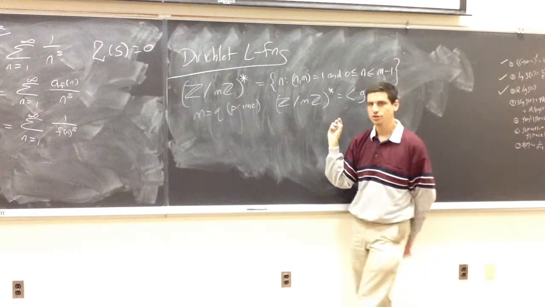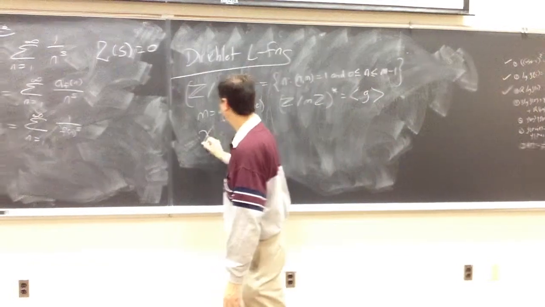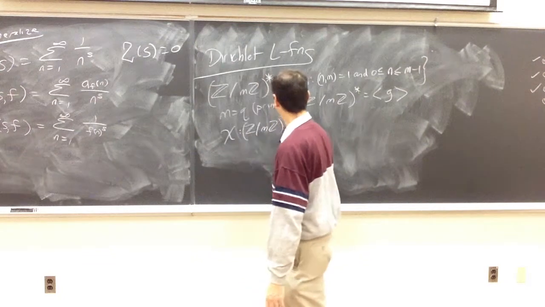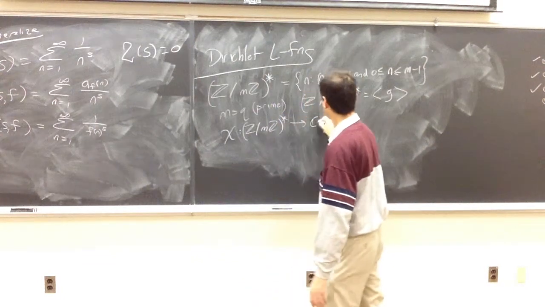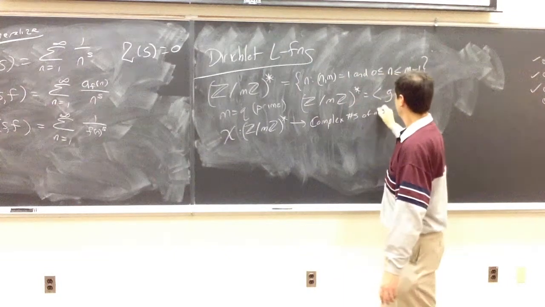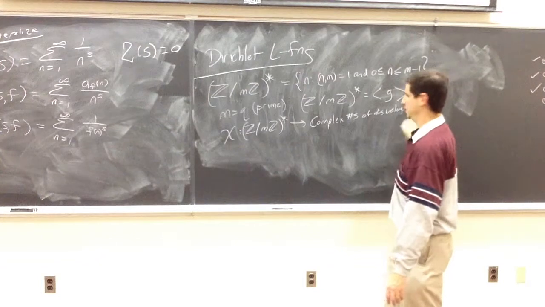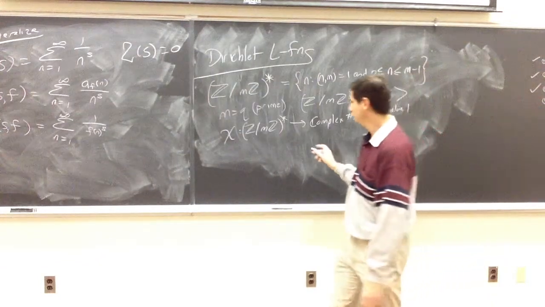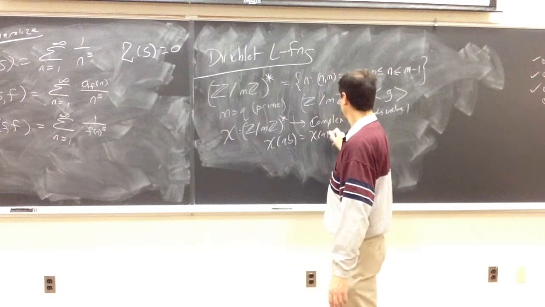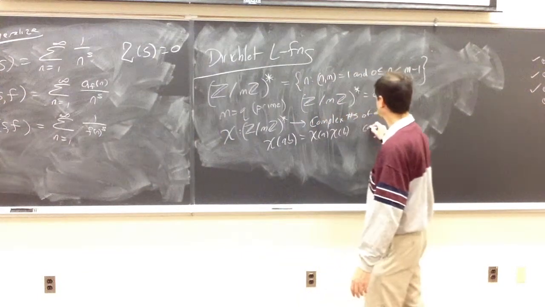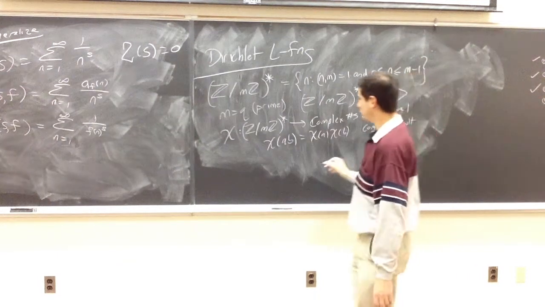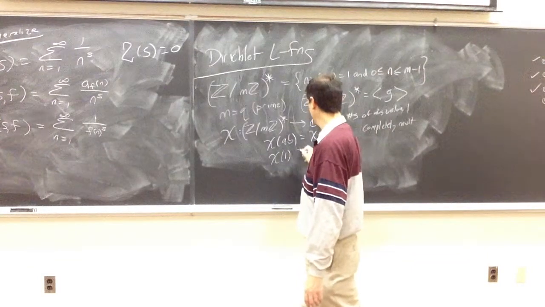Right. So what we're going to do now is define group homomorphisms chi from Z mod mZ star to complex numbers of absolute value 1. And we're going to have chi of AB equals chi of A times chi of B. So it's going to be completely multiplicative. And we're going to have chi of 1 equals